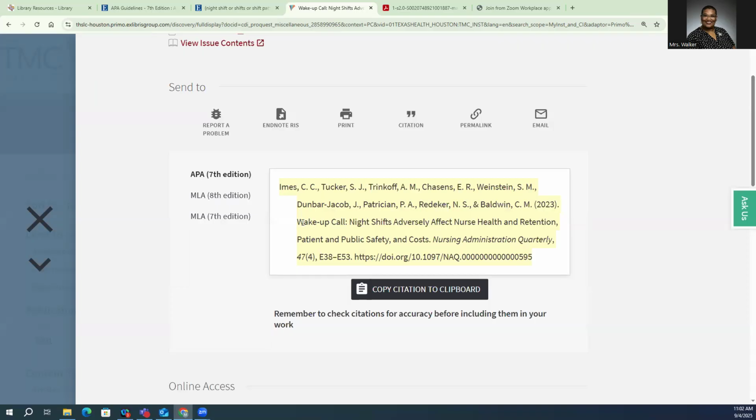You need to change these letters that are not in the first word of the title. So "wake up" is fine, and then "but call" needs to be lowercase. The first word after the colon is fine, but "shifts," "adversely," "affect," and all the rest of these need to be lowercase. So it's worth it to double check your style guide.